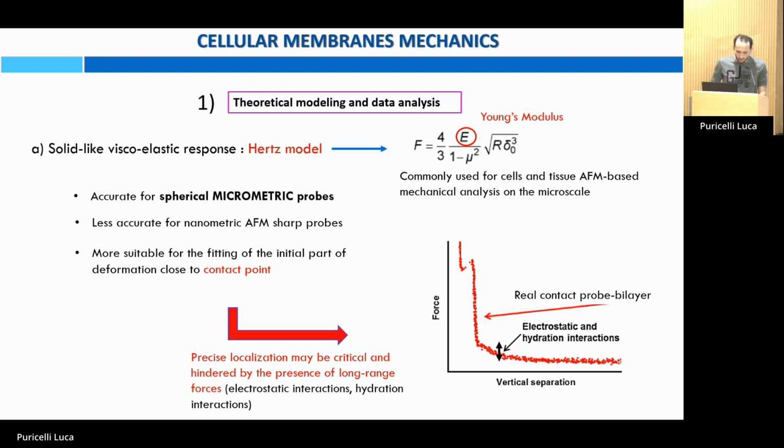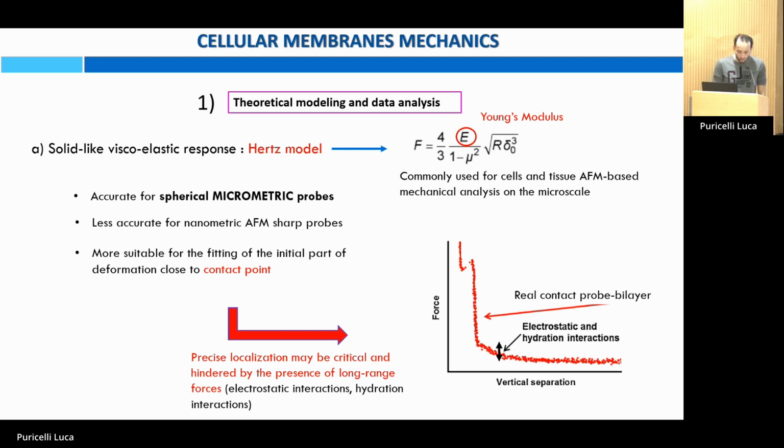On the nanoscale, it's another matter because, first of all, it's more accurate, let's say, for absolute values for spherical micrometric probes, is less accurate if we take into consideration the shape of nanometric AFM probes, and is more suitable, of course, for the fitting of the initial, because it assumes the samples to be viscoelastic. So it is more suitable for the fitting of the initial compression, initial deformation close to the contact point, but